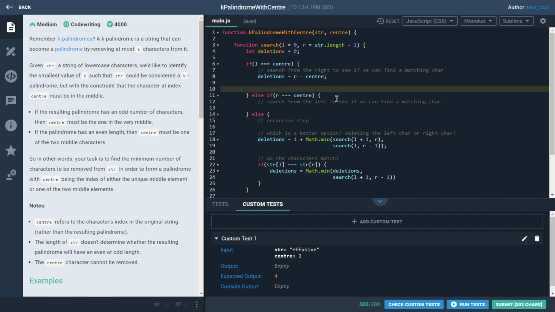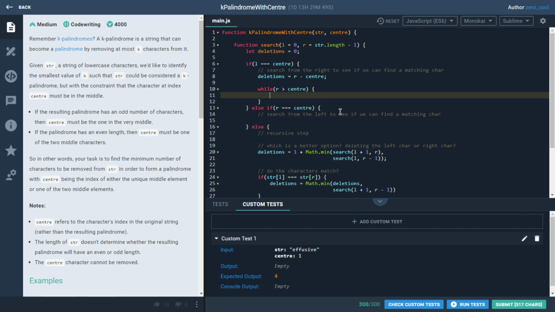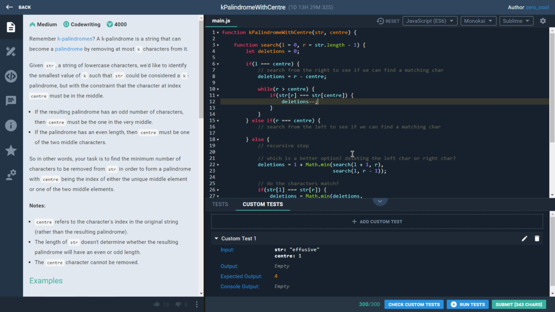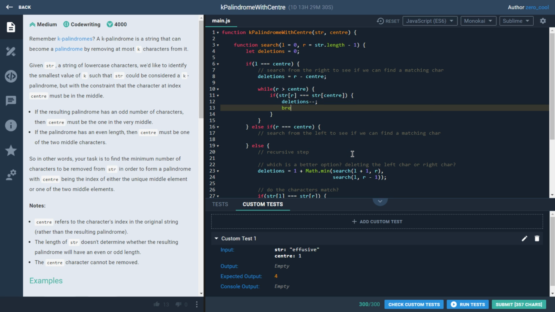But then we're going to go ahead and search and say while R is greater than center, and we'll spell that as correctly as we can. While right is greater than center, we're going to say if string at right is equal to string at center, if we find a match over here, well, in that case, we're going to say deletions minus minus, take 1 off the deletions, and then we're going to break. We're going to get out of this loop, because notice,